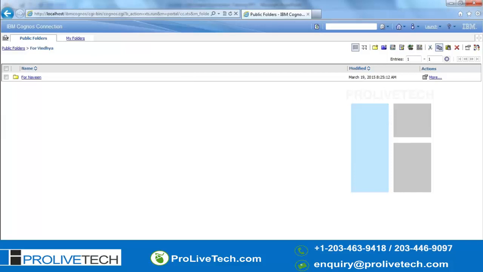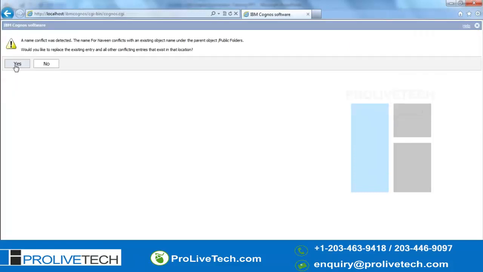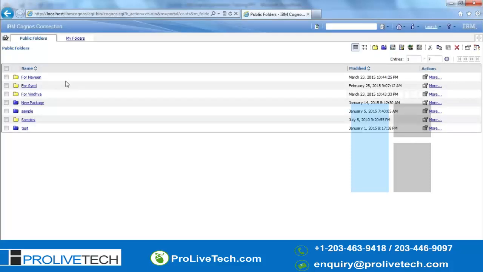Then I'm just doing that. Cut, paste it. It's already there, I have just copied it, so it's asking me. It's already there, would you like to replace? Yes.